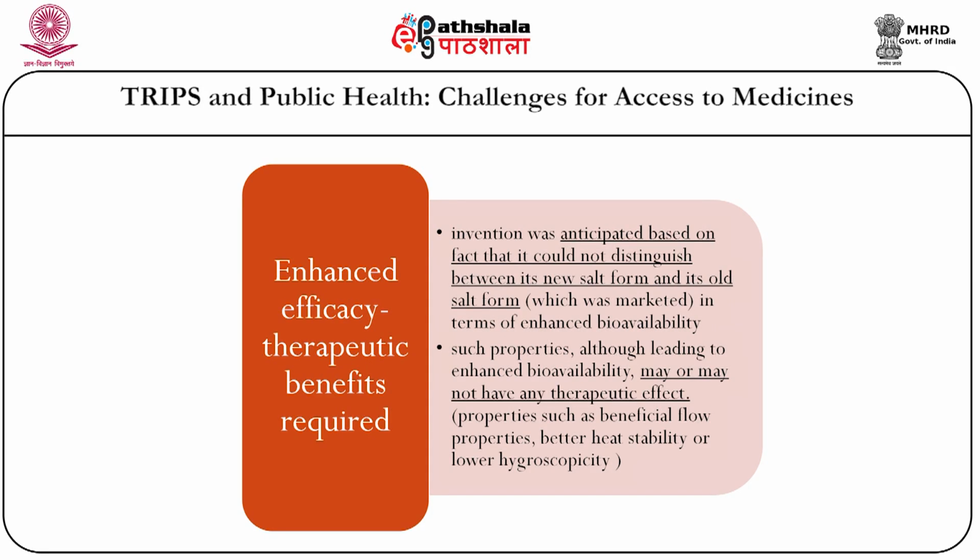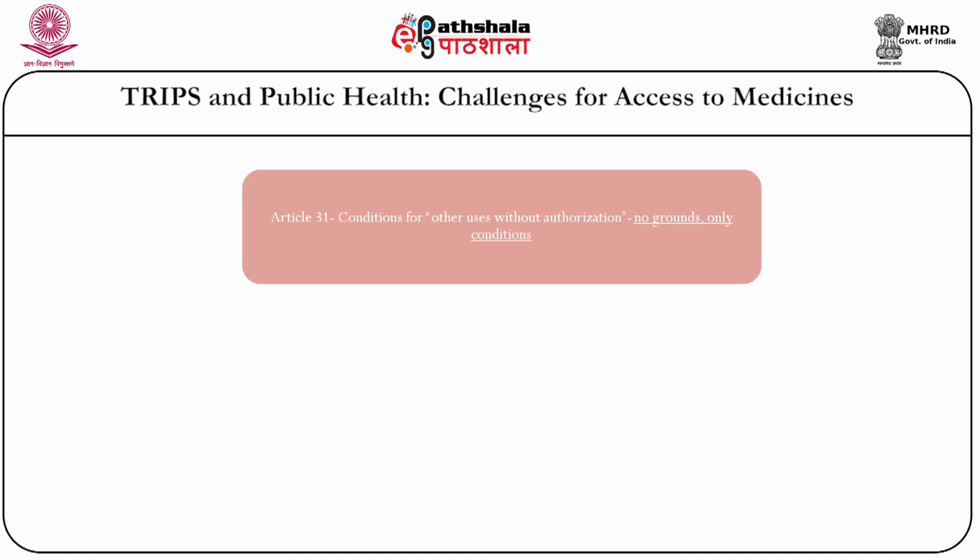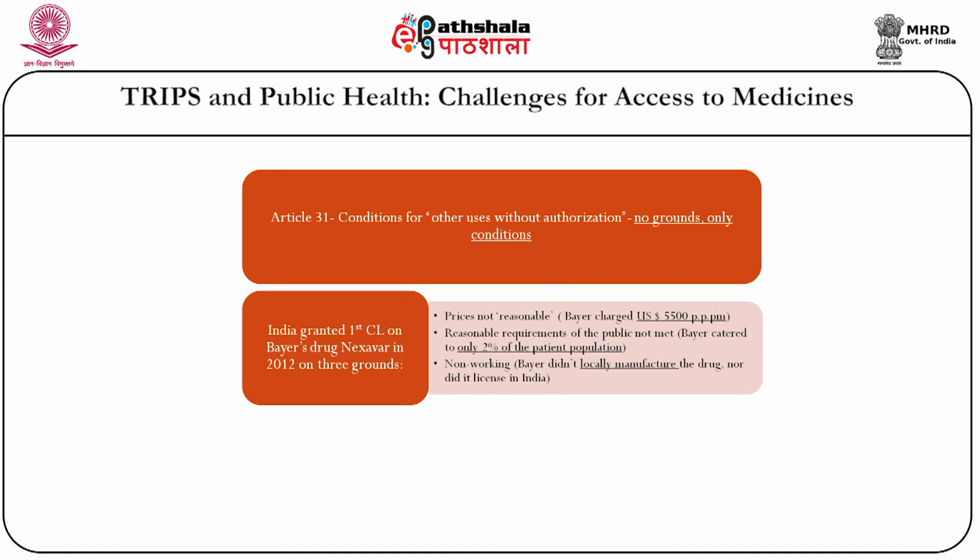It is controversial in the sense that this adds to the existing criteria of inventive step, novelty and utility, which may also be subsumed in these three criteria, and also in relation to how we define the term invention. But nothing seems to be clear at the moment whether this would actually fall foul of article 27.1 of the TRIPS agreement. Finally, India's first compulsory license was granted on various grounds: that the price was not reasonable.